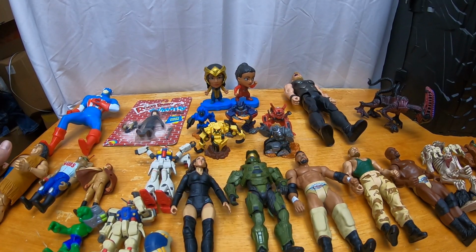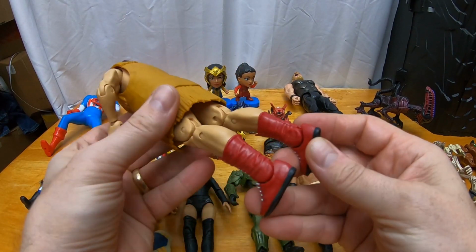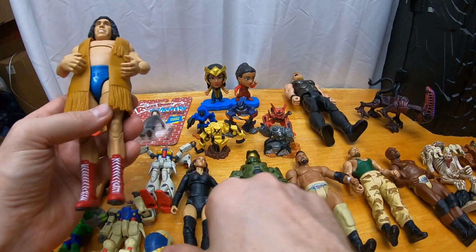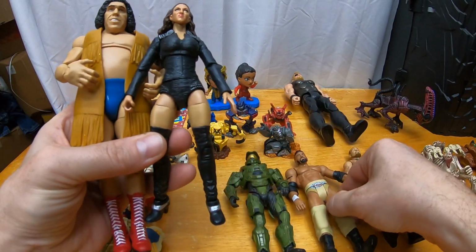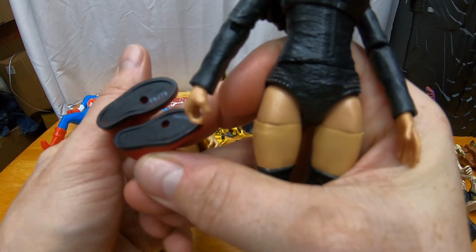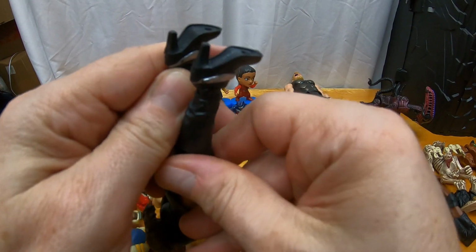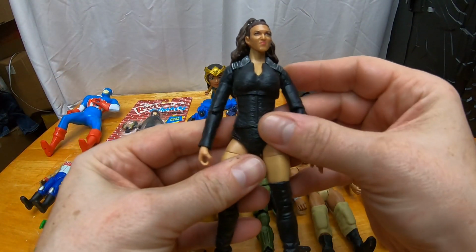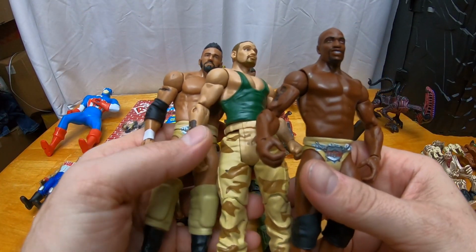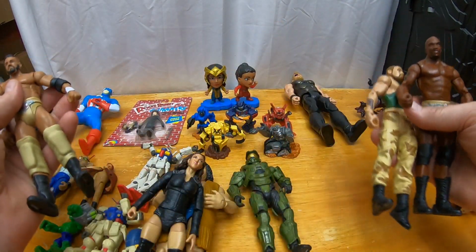So this lot's pretty interesting. We got some pretty good wrestling figures in here. Here's an Andre the Giant figure. I think that's a pretty good one. Wrestling figures can sell pretty decently. And if they don't, I'll just lot them all up. So we got, I think these are like 2015-ish era. Oh, this one's 2011 Andre the Giant. Here's a 2016, I don't even know who it is. And then three more figures that I don't know who they are, but I'll look up these real quick individually, and if they're good, fine. If not, I can lot all the wrestling figures up,